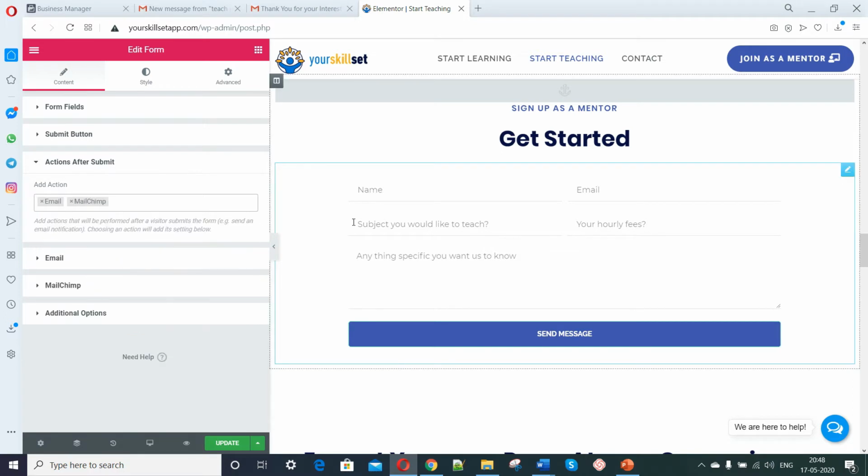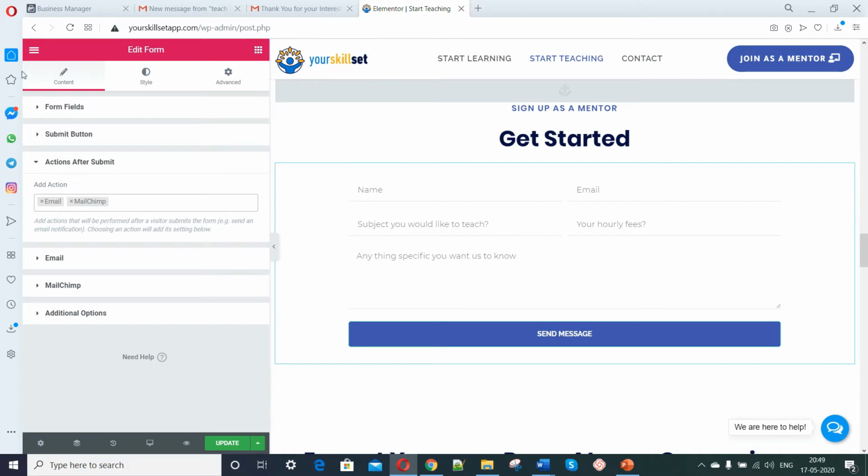So I want whenever someone fills up this form, this information shall land up in my inbox in my Gmail, so that I can instantly get to know that someone has filled up this form and they want this particular information, and I can respond to them instantly. And also the MailChimp, so that all this information is saved in my MailChimp marketing database as an audience list, and in future I can remarket or broadcast an email to all my audience who is filling up this particular form.